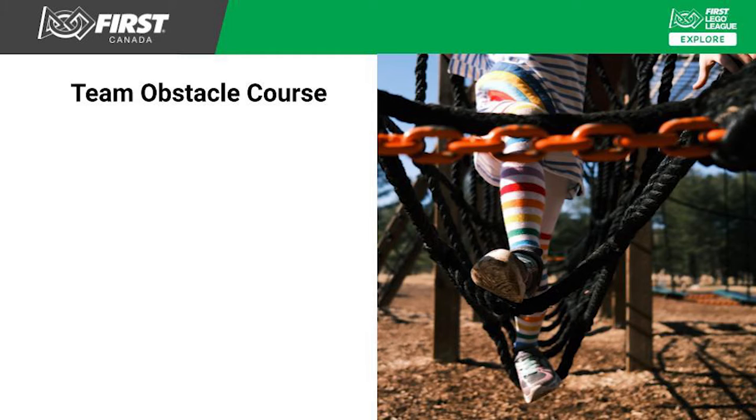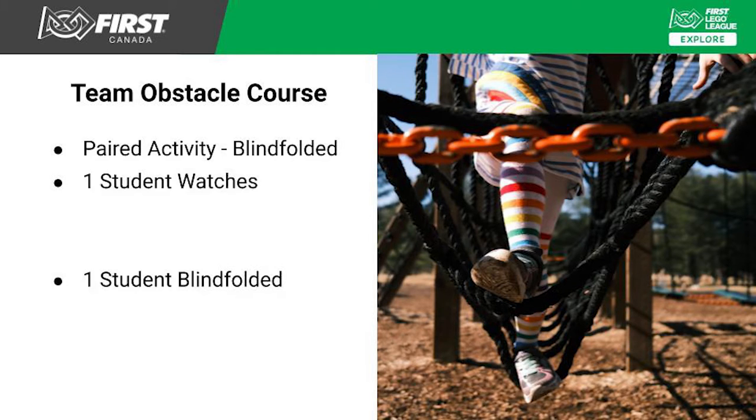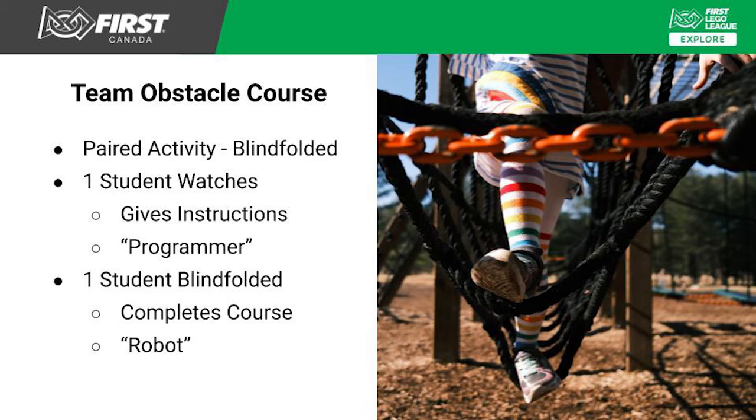Another fun game we play sometimes is a bit of an obstacle course setup. Pair up, and one of them is blindfolded, and then the other one has to direct them through the obstacle course as fast as they can. So it gives them an opportunity again to relate those instructions. In this case, one of the students is acting like the robot, and the other one is acting like the program, telling them what to do. And it emphasizes the importance of being very specific,